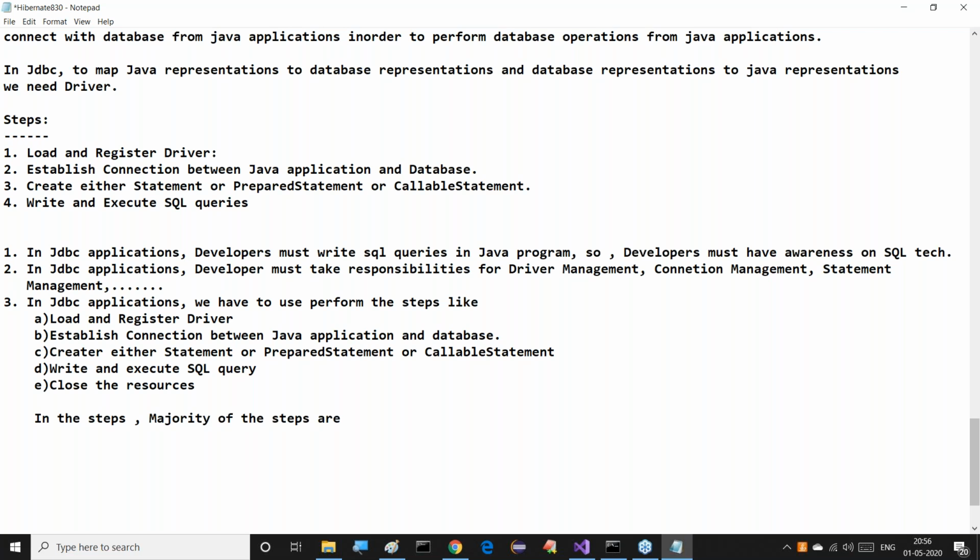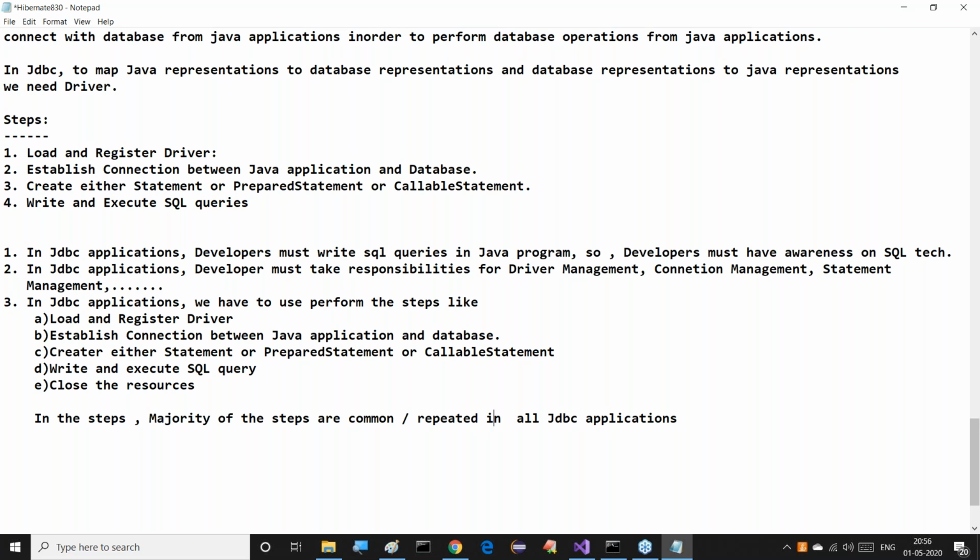In the above steps, the majority of the steps are repeated, common in all JDBC applications.